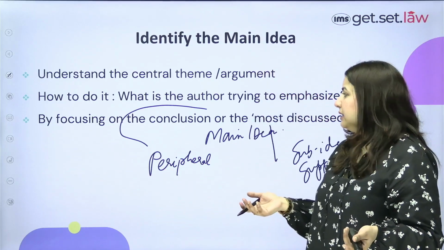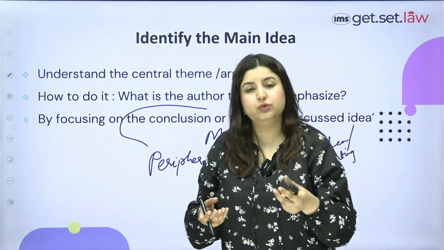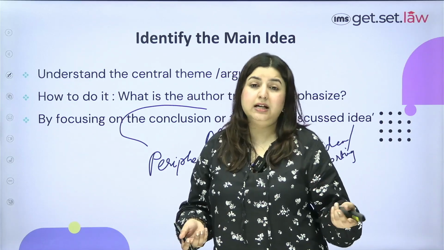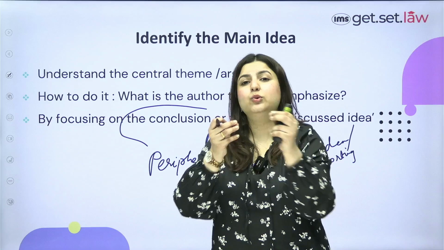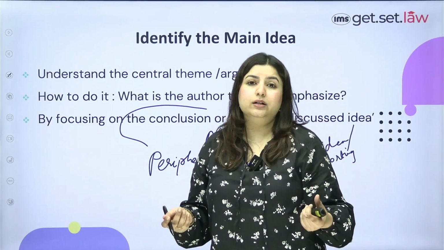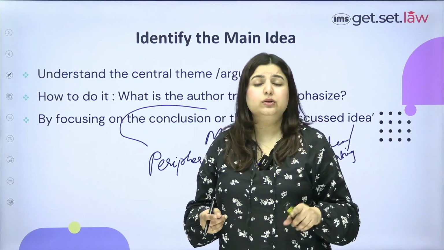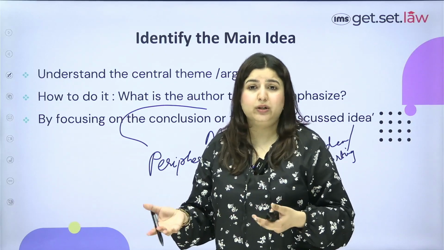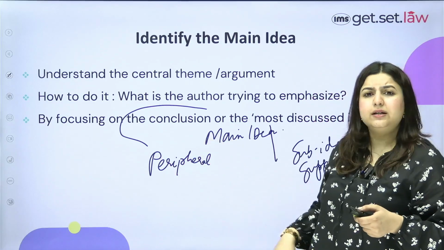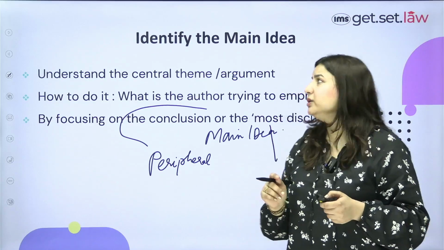So sometimes whosoever is making the question paper wants to confuse the students. What they're going to do is there will be two options that will be very easy to eliminate, and the last two options will be so close to each other that the student feels very confused. So how do you choose the better one? You should know that when it's a main idea question, you're supposed to choose the main idea, even though the second option can be correct in that it's a supporting idea, but it is not the main idea itself, right? So I felt that this was a concept that you should know, right? So always identify the main idea. That's the first tip you need to keep in mind.